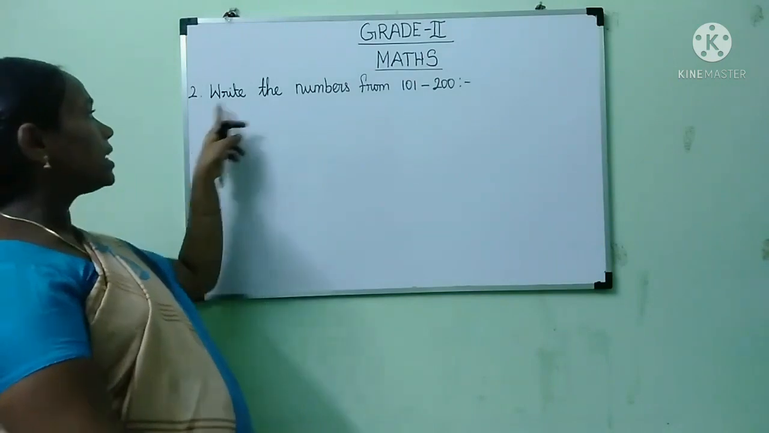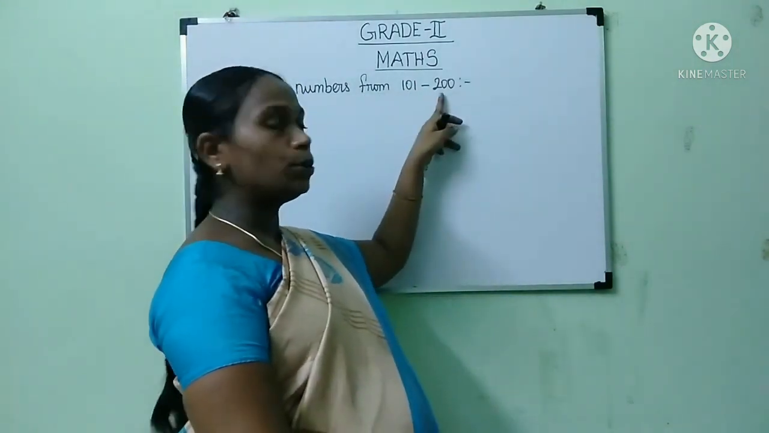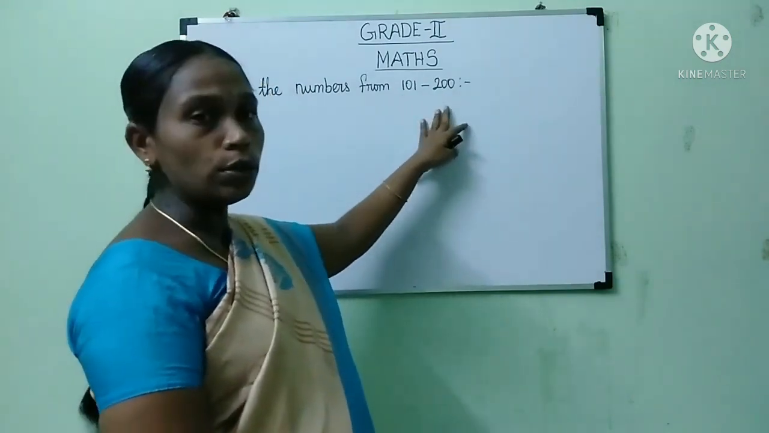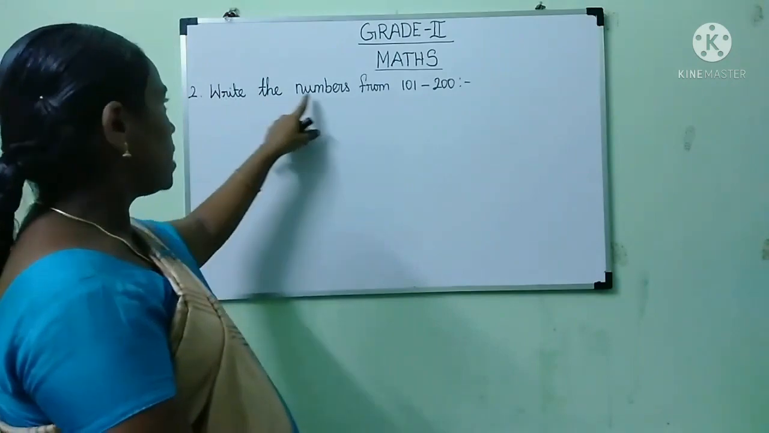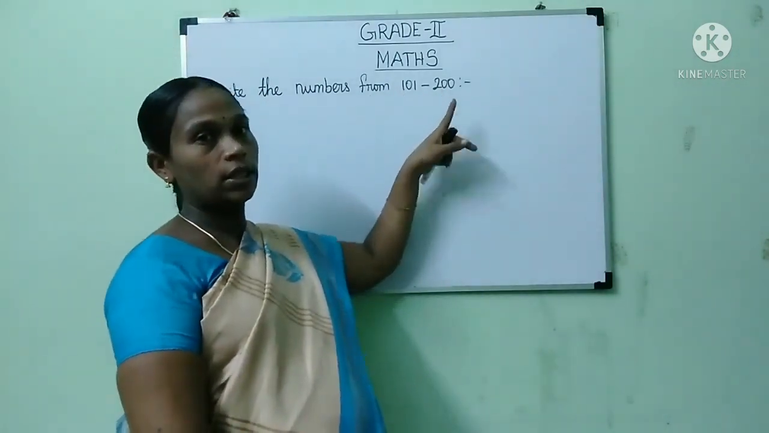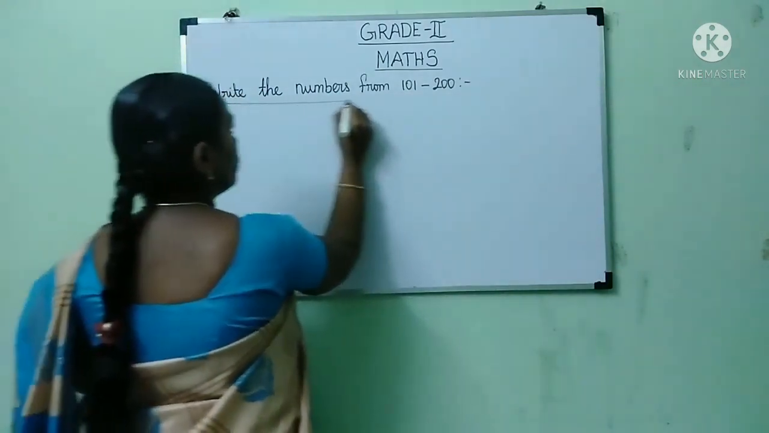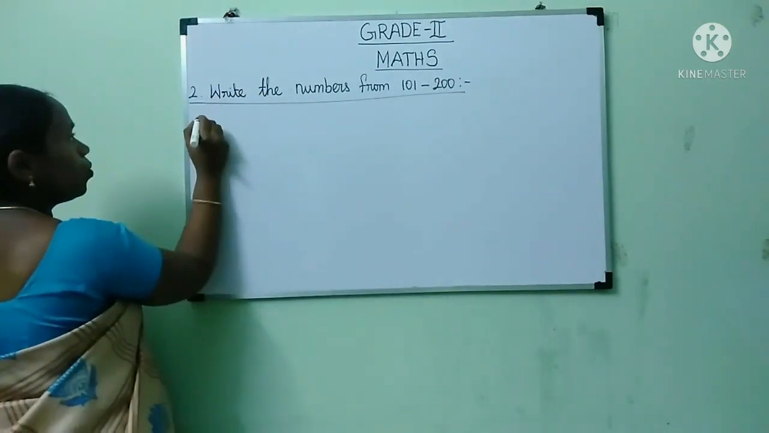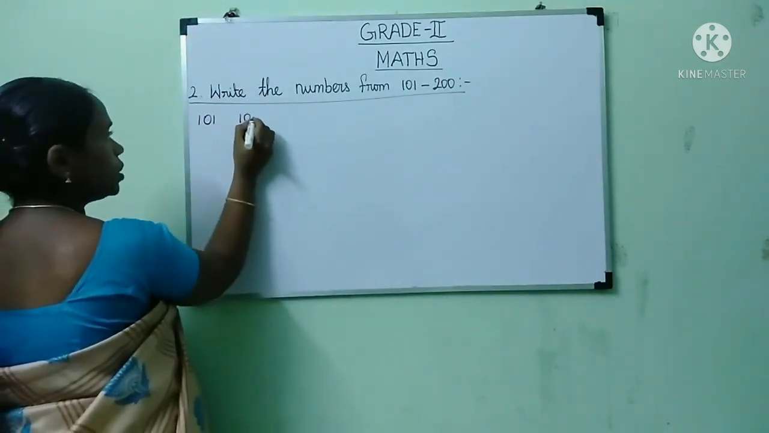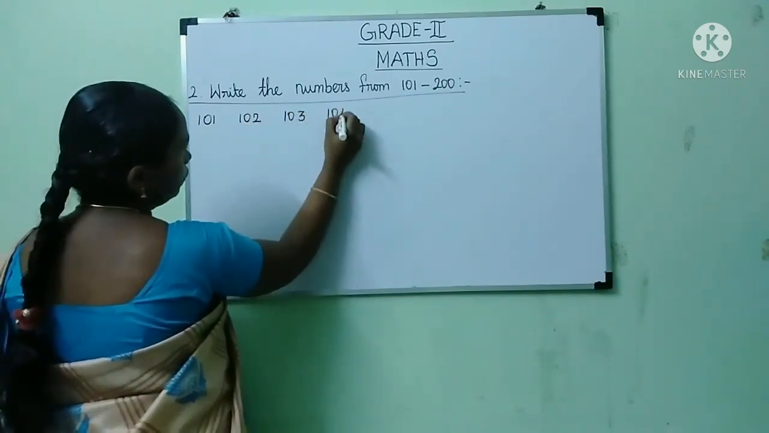Next, second sum: write the numbers from 101 to 200. What are the numbers? 101 to 200. Write the numbers from 101 to 200. You should write in the boxes 101, 102, 103, 104,